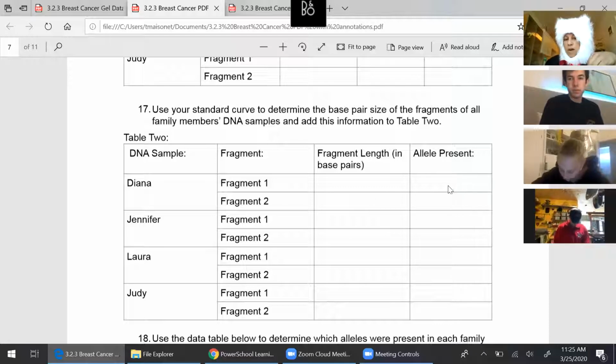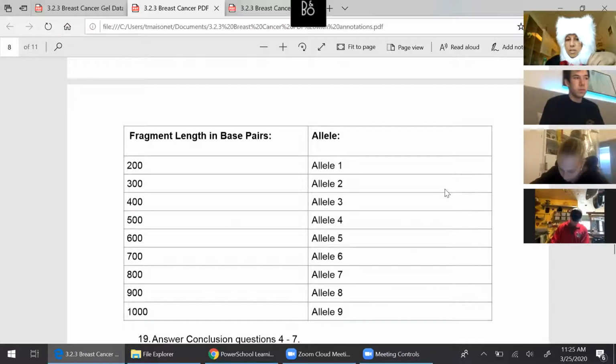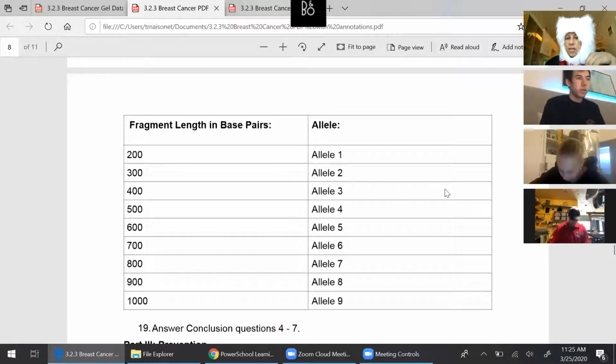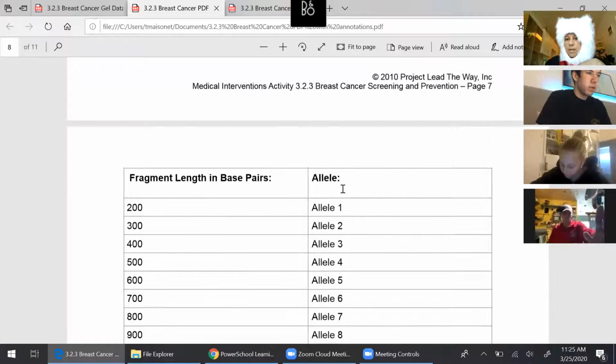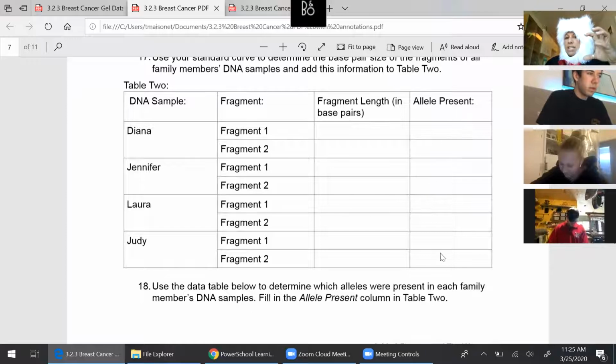In order to figure out which allele is present, you scroll down to look at this chart that tells you which allele is which. So I said she had a 300 and a 400 base pair band. That means she has allele 2 and allele 3. Okay? So that's basically the entire activity, trying to figure out which alleles are present. But the take home is that